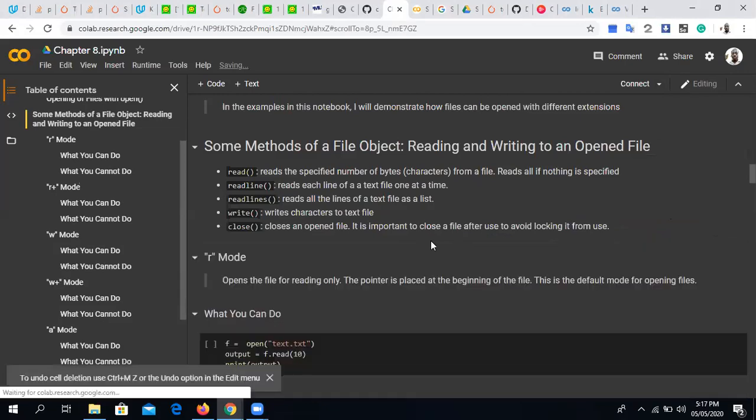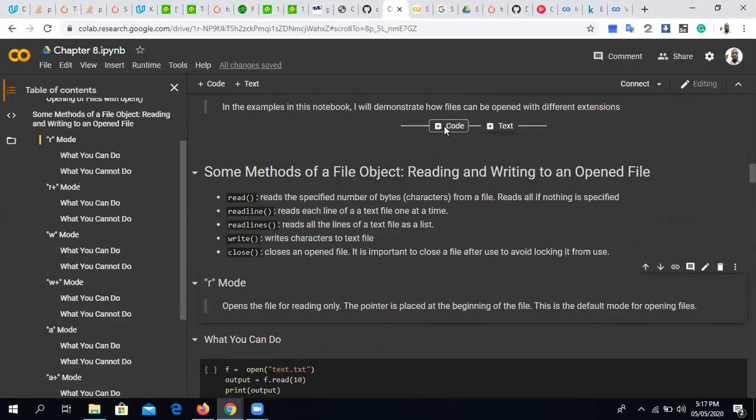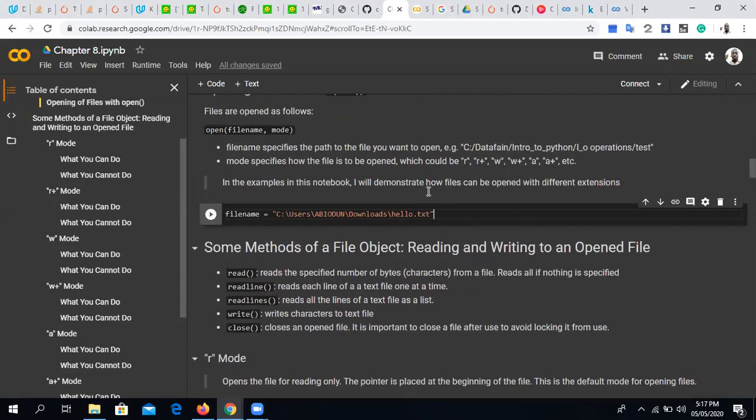Let me convert this to a code cell. So this is how typically the path to the file, or the file name parameter, is going to look like. However,